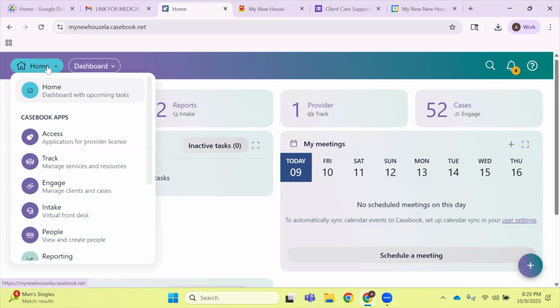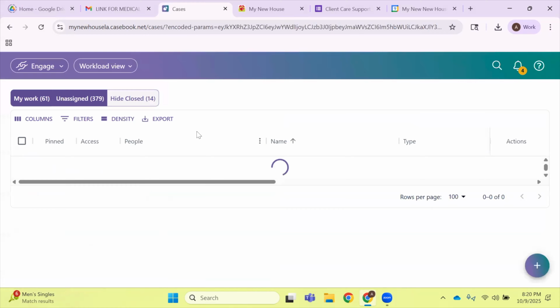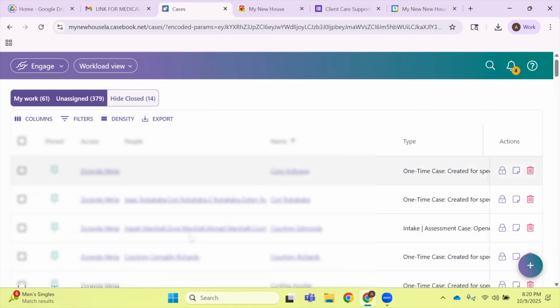We go to the Engage tab. This is for how we enter. So you go to Engage, give it a second to load, and you see you have all these people here. And I have a practice person here, like the intake forms for this practice person named Anna Practice, who doesn't